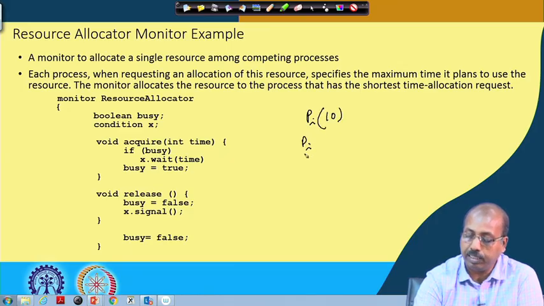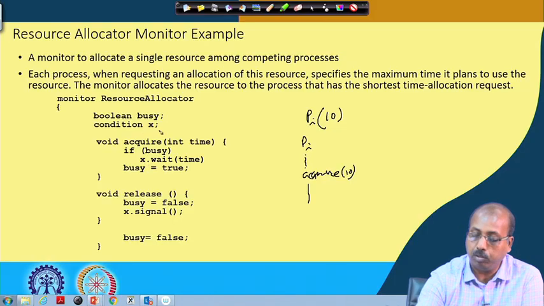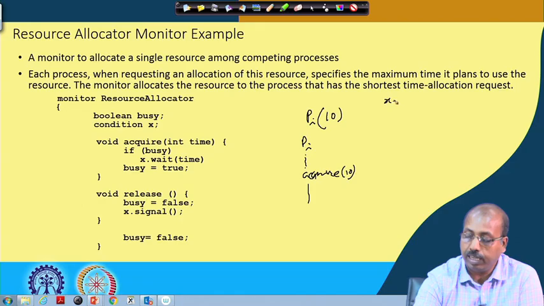So, in the code of P I, maybe it is giving a call to acquire 10. Okay. So, what is happening in the acquire routine? If the resource is not busy, then it is immediately allocated, but if it is busy, then the process is put into the corresponding condition variable wait state. So, x dot wait, and in the condition variable for x, it is put into a queue like this,